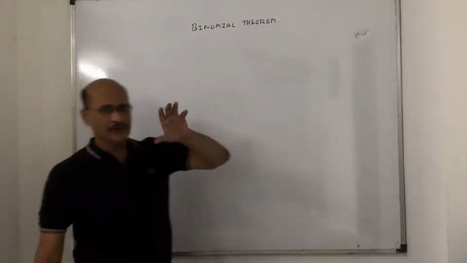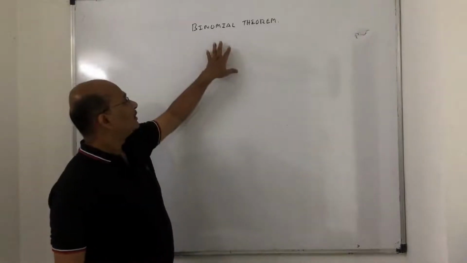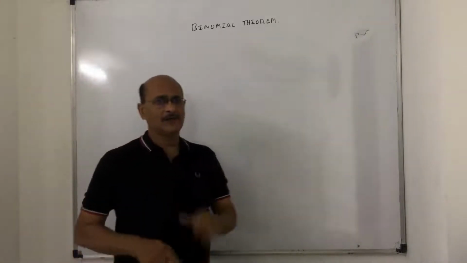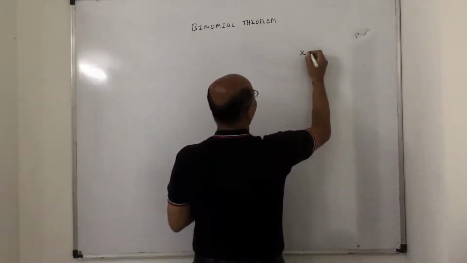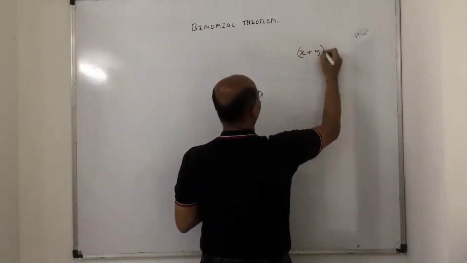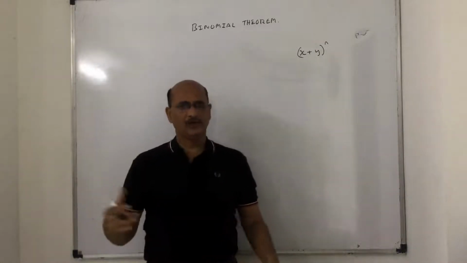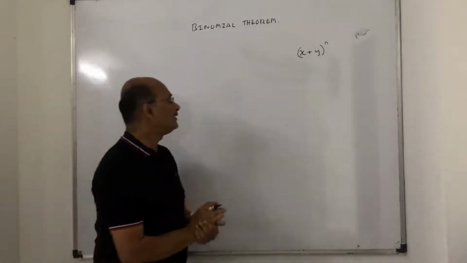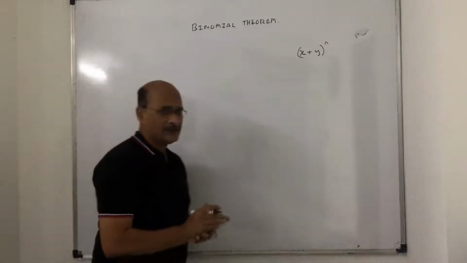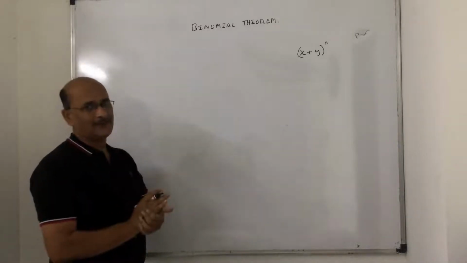Now, very specific expansion. The first thing I want to share with you is that the binomial theorem helps us in expanding any term to the power n. It can be 1, 2, 3, 4, 5, and so on. Having said that, let us begin now. I'll give you an example, and then we will see how the formula is applied to it.